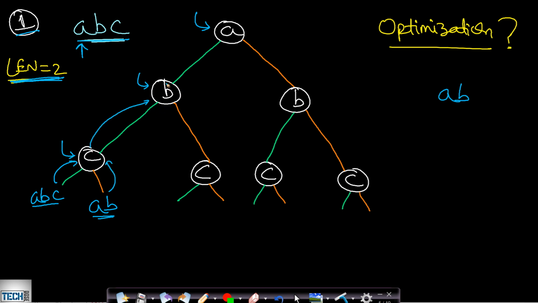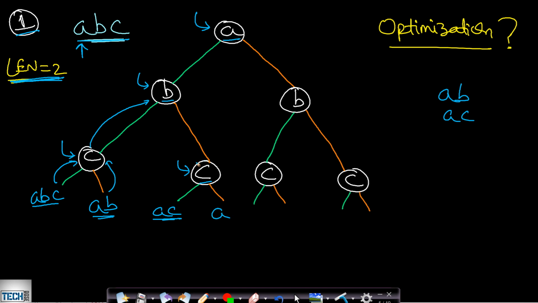Now from B, the next option is to not include this B. So we will move to this C by not including B. Now at C we can include this C. If we include this C, then the string formed will be AC. This is also of length equal to the combination length, so we can store this string as well. This is of interest. Now if we exclude this C, then that string will be A only, because we had included only A but excluded B and excluded C. So this is of no interest since it is of length 1.